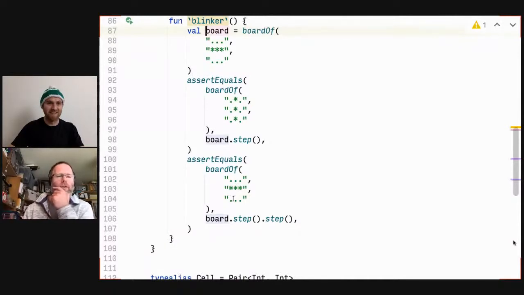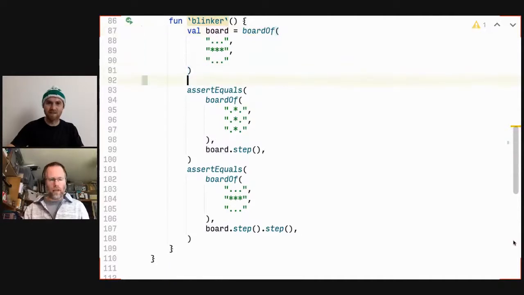So my theory, for what it's worth, is that I'd like to be able to get a sequence from the board, right? So I'd like to get a sequence of boards that I could just take 1, take 2, take 3. And then instead of saying board step and then board step step, what I'd really like to say is, so I've got that, and then I'd like to say